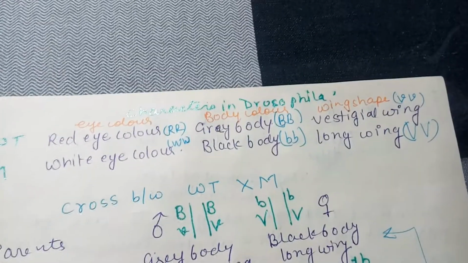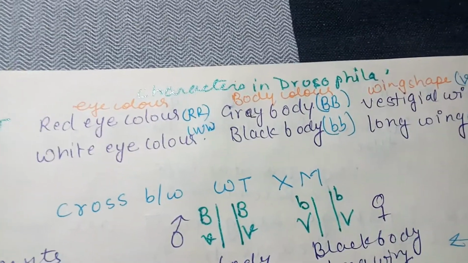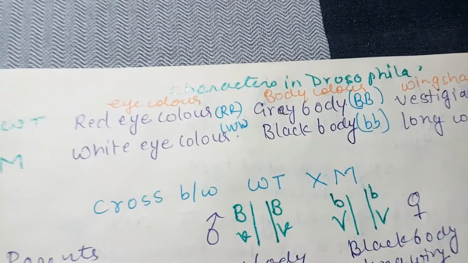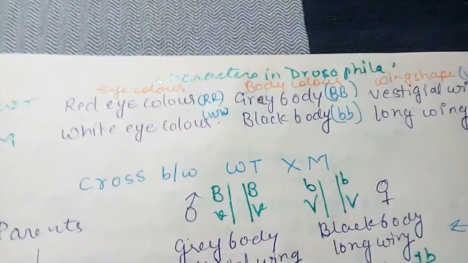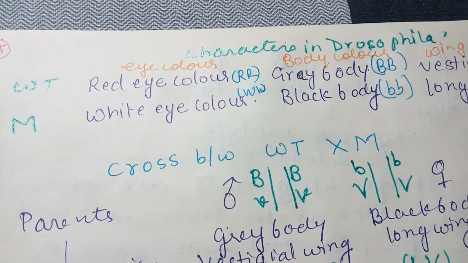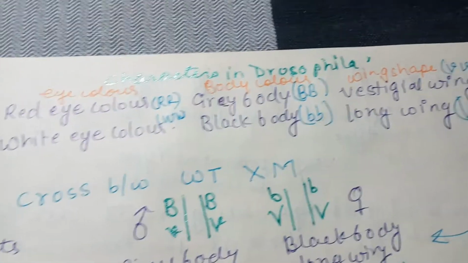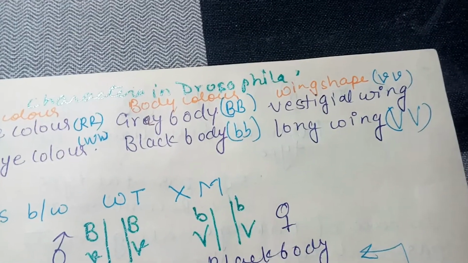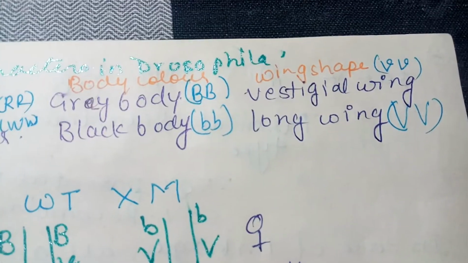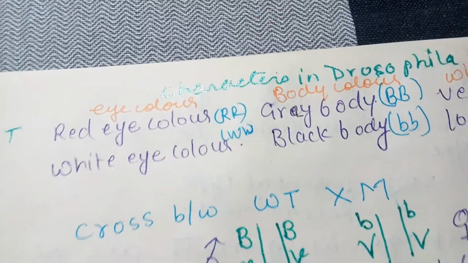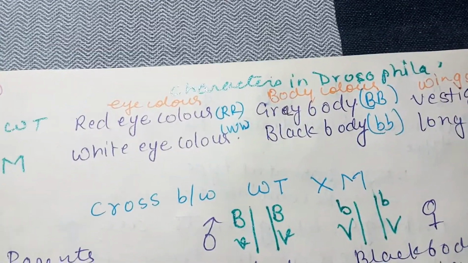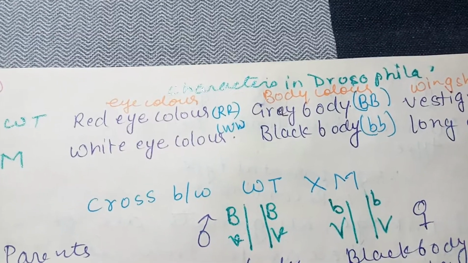Now let's study the characters in Drosophila. So here I am taking 3 characters, wild type and mutant: eye color, body color and wing shape. If you look at wild type, eye color is red, gray body color and long wing. And mutant, the color of eye is white, black body and vestigial wing. Now here capital represent the dominant and the other one recessive. Here the dominant is red and